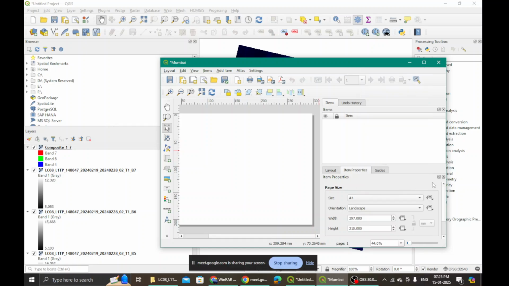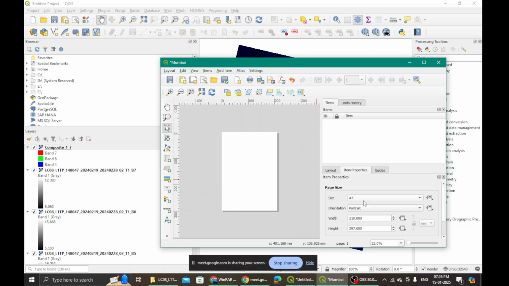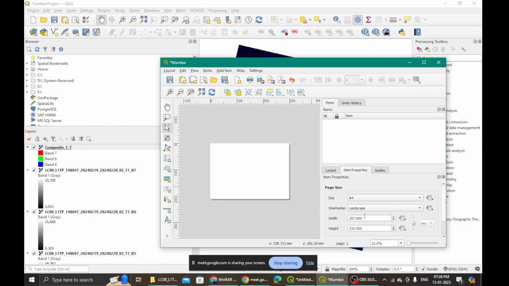You can change the size of this page. I want it to be A4, and let's say I want it in portrait size. So I can make the changes. The orientation can be changed. Right now I'm interested in making it a landscape, so I have made a landscape. How many of you have opened this now? You can name your layout anything that you want.